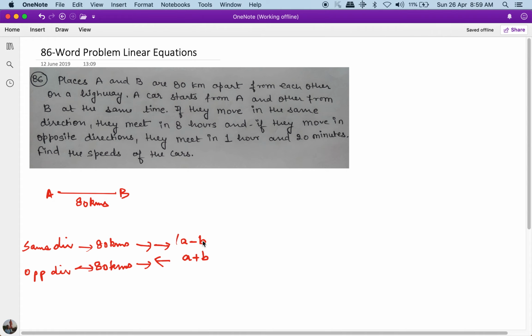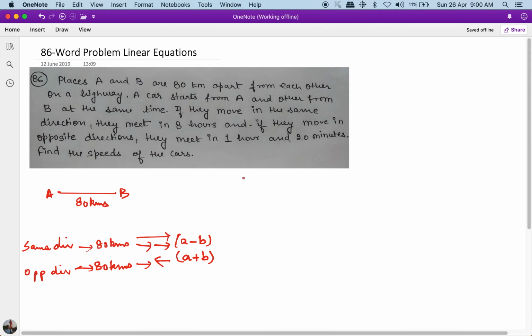Okay, and this addition or subtraction of speed happens because the reduction in the distance is happening with the relative speed or the relative velocity. So when the cars are traveling in the same direction, whatever distance A covers, some amount of that effort is taken away by B because they're moving in the same direction. B is kind of running away from A. Whereas when they are traveling in the opposite direction, the speed gets added because whatever A is covering, B is adding to that. Okay, with this in mind, let's start solving this one.